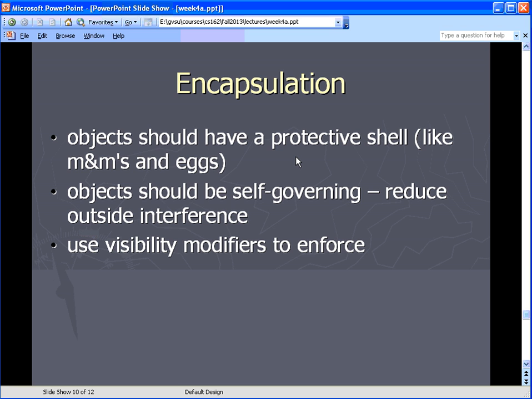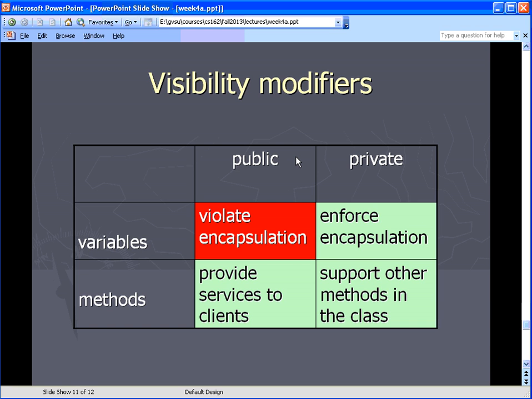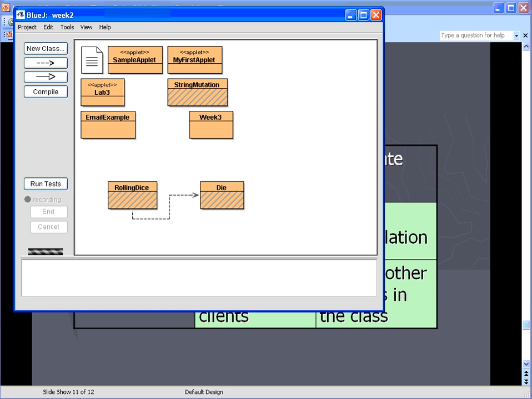And we'll use visibility modifiers to enforce encapsulation. Now, what are the visibility modifiers? Those are the public and the private that you've seen so far. So that's a 50-cent word there for you, visibility modifier, and it just means who can see these things, who are they visible to. So if you make something private, then it's visible only to